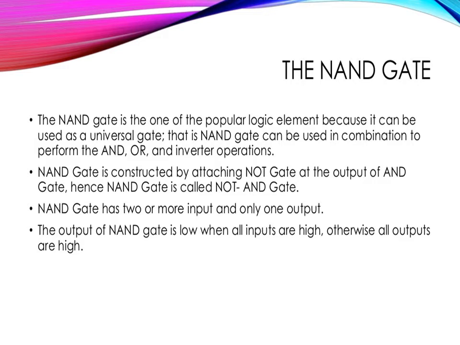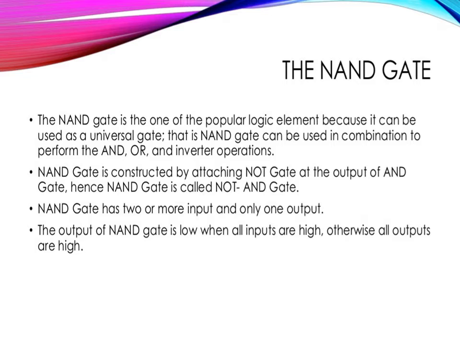Dear students, last class we learned about basic logic gates. In today's class, we'll discuss derived gates. The gates which are described or defined or constructed by using basic gates are called derived gates. The derived gates are classified into four types: NOR gate, NAND gate, exclusive OR gate, and exclusive NOR gate. These are four types of derived gates. We'll see one by one how these gates are described with truth table and logical representation.